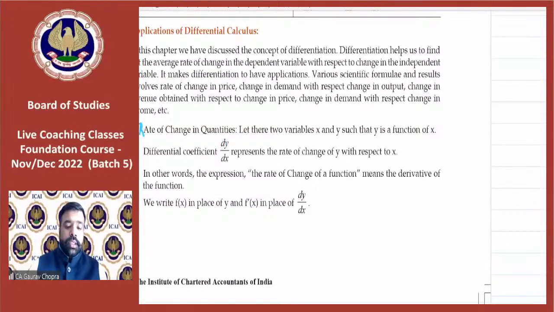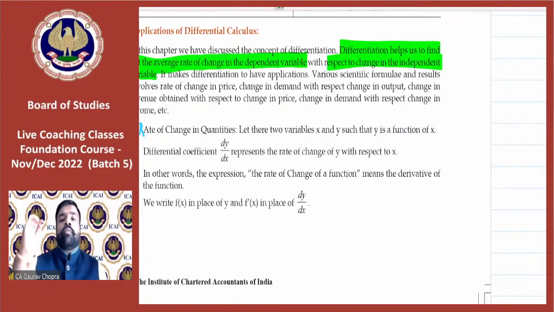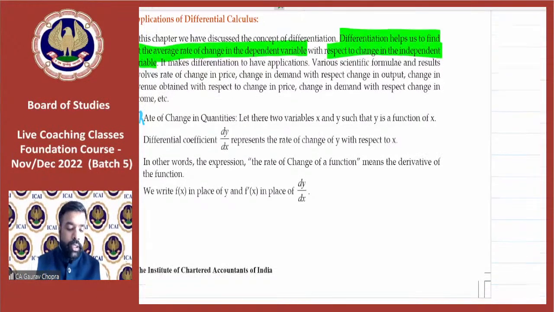So now comes the application of differential calculus, where we are going to use the differentiation. So basically differentiation helps us to find out the average rate of change in the dependent variable. We can find the rate of change in which variable? The dependent variable with respect to the change in the independent variable. So if we change the value of x, then y also changes, and we can calculate the rate of change in y with respect to x. So various scientific formulas and results are there for this. So first of all,